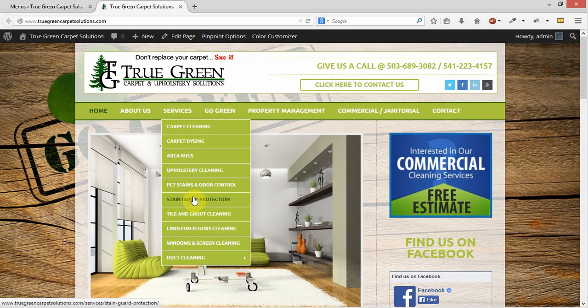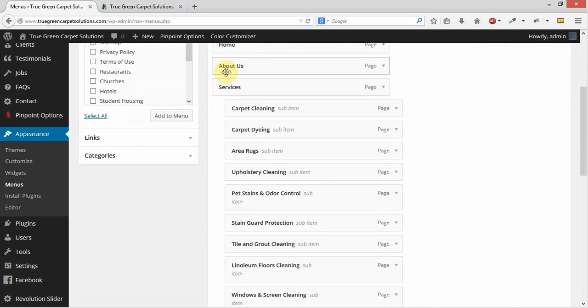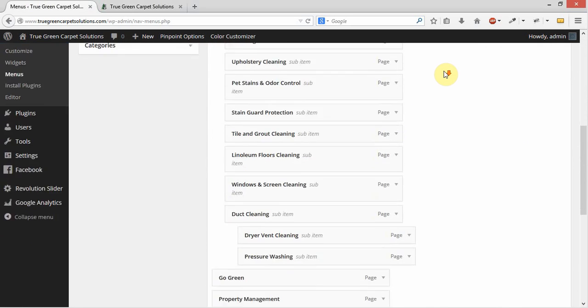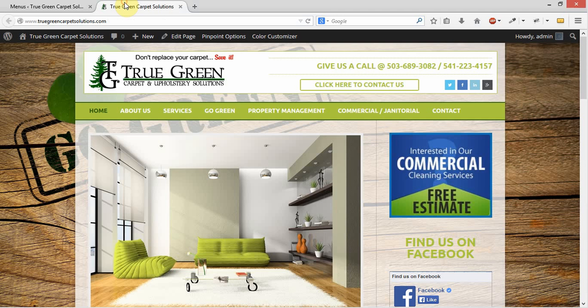Now you're going to notice next to duct cleaning is a little arrow, and when I come over there and hover over it, I get another third level slide down menu. So you see, once again, as you look at this menu, it's very easy to tell what's going on here. You can see here we've got our root menu items, commercial and janitorial, right here out